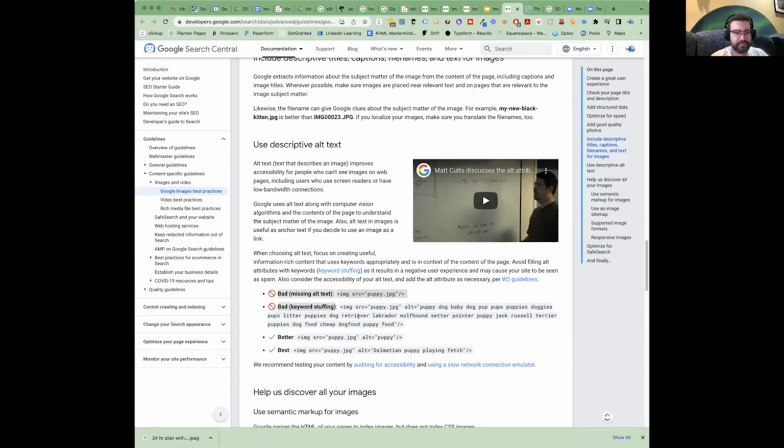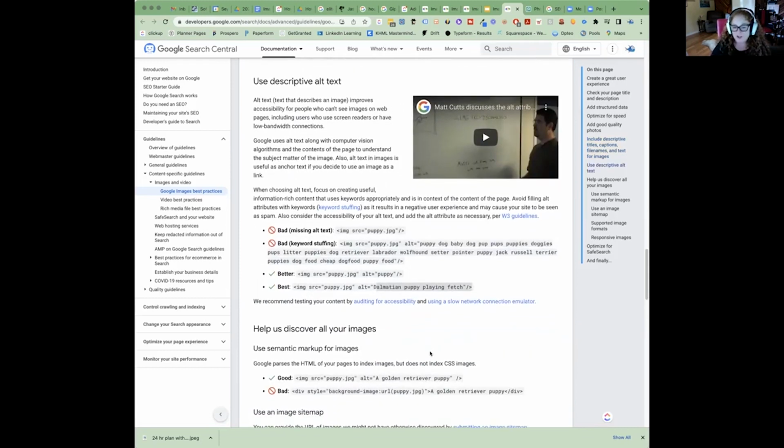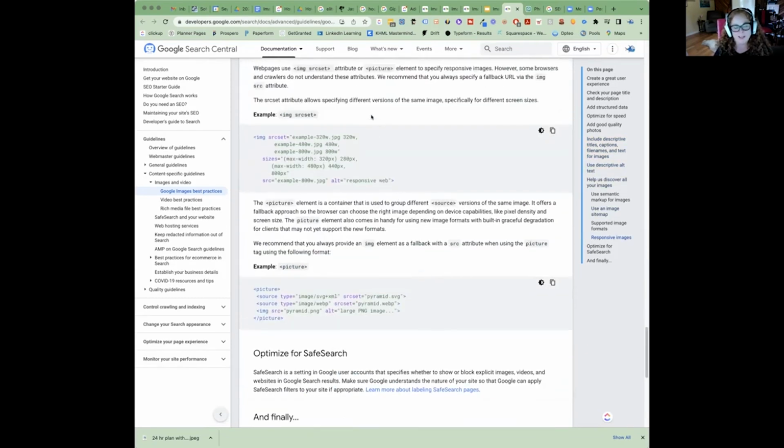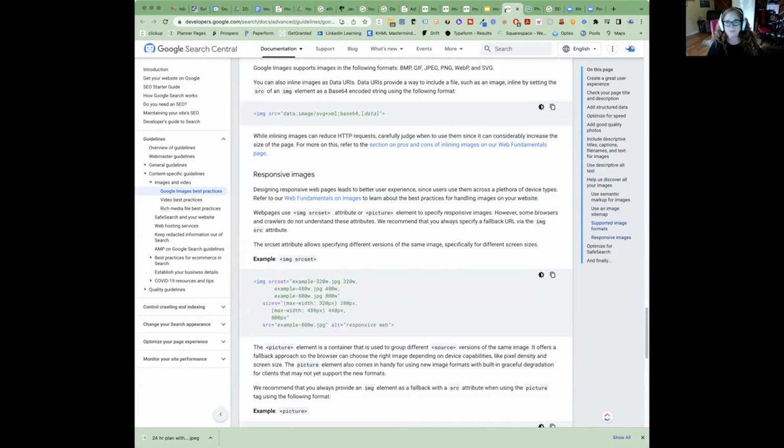Okay. So this will tell you what keyword stuffing is, right? It's like puppy dog, pups, puppies, puppy dogs. And you'll see this for alt tags, right? When you rename an image, so it's puppy. And that's fine. Google's saying that's fine. If it's a puppy, it's a puppy. Best is Dalmatian puppy playing fetch. And then there's the sitemap stuff. So you don't have to get here. This is intensive, but there's a couple things I do want to show you. One is,